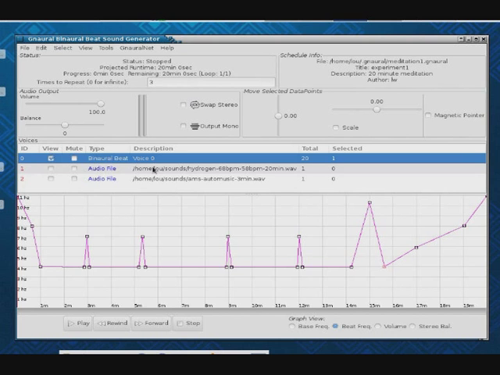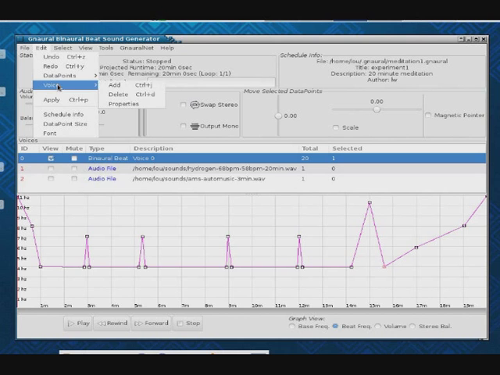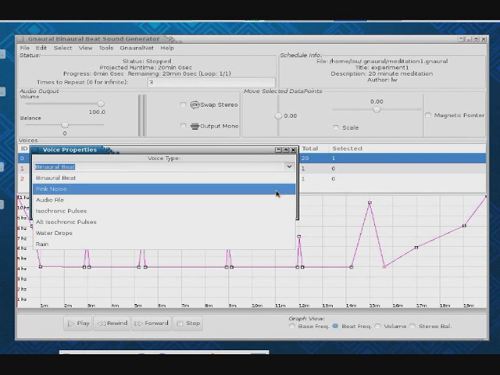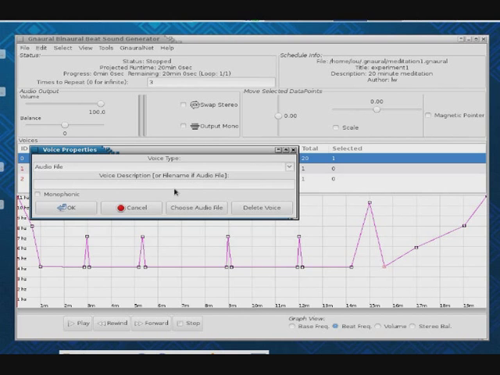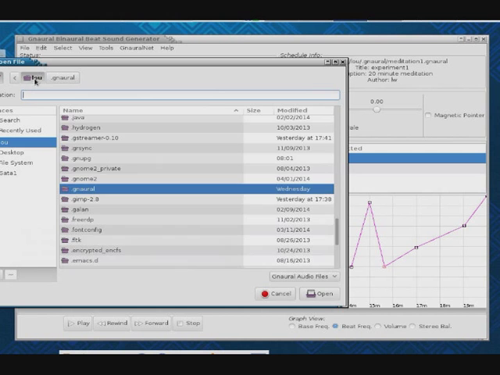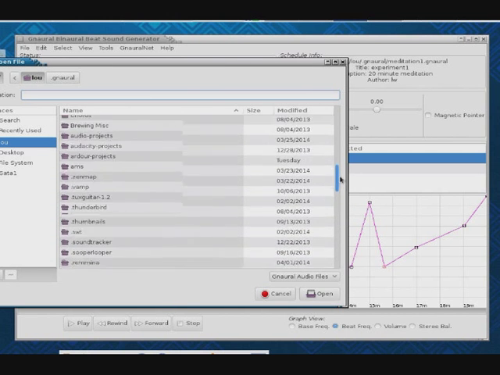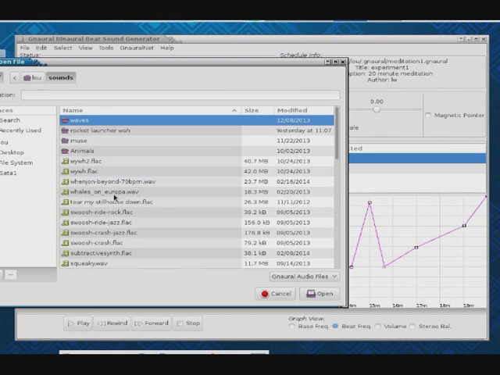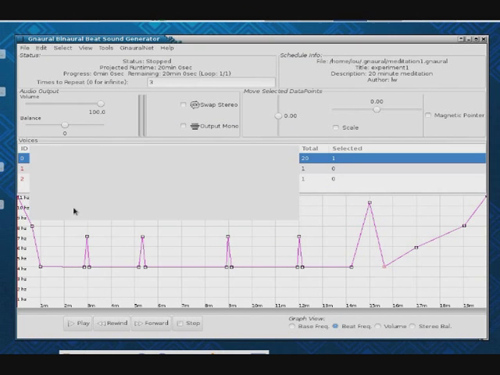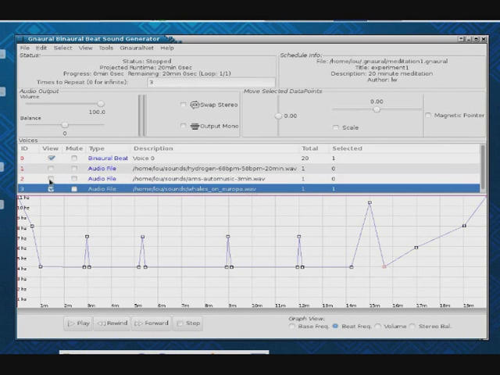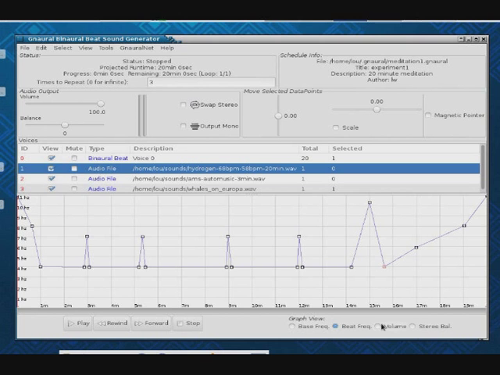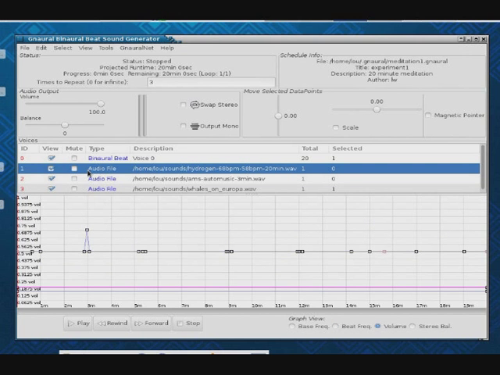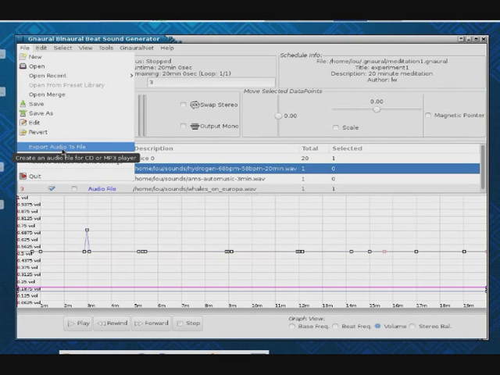File new to create your own schedule, add voices to, let's do an example here. If I wanted to add an audio file, I can choose my audio file, come over here, find, and now it's brought in that audio file as well. And when I play this or look at the volumes, as I said, we'll see all of them, and that's it. So once again, turn off your jack, save your schedules once they're perfect to whatever audio file you'd